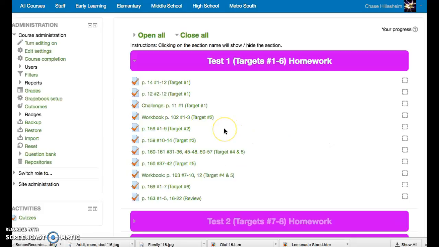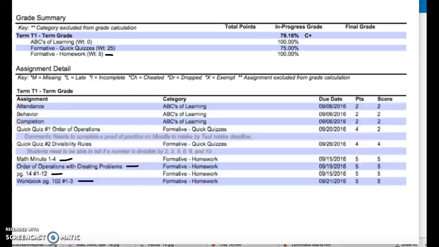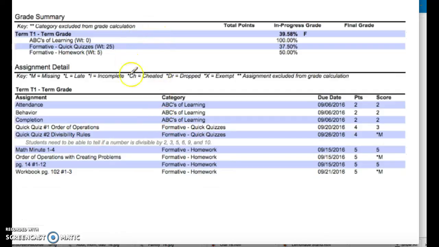They can always fix their mistakes that they've made. It grades it basically as they're going, so they really have the opportunity to fix their mistakes as they go when they're working on the homework assignment. So I've also put a couple other examples for you to have an understanding of what to look